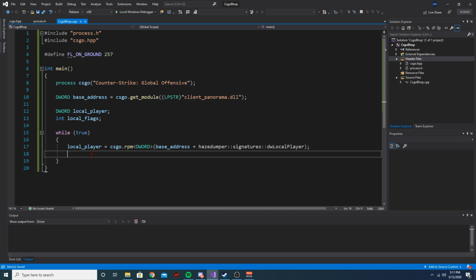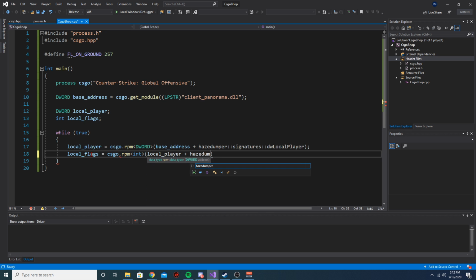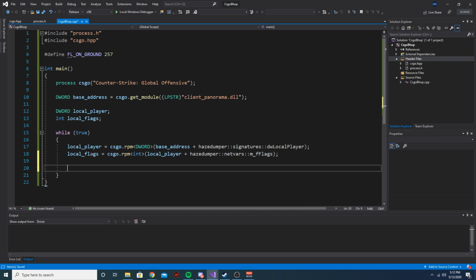Next we're going to set the local flags. Same thing, use RPM. It's going to be an int, local player plus hazedumper. It's going to be a netvar, so we're going to go into netvars this time, and I'm just going to do flags. Yeah, there it is. Cool. Then I'm going to say if the flags is equal to this thing that we defined up here, so if we're on the ground,